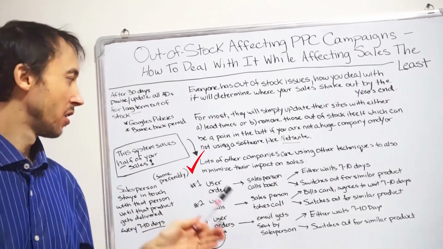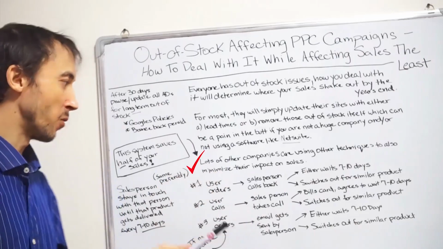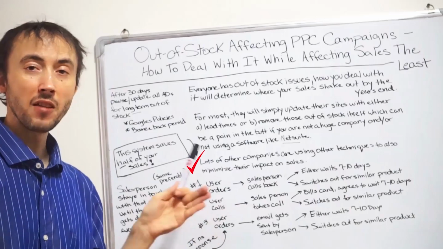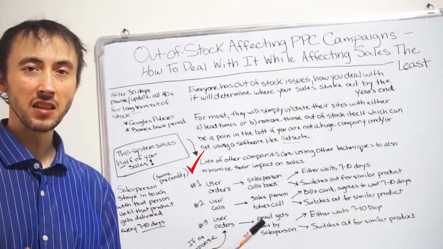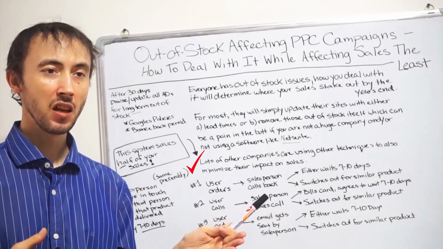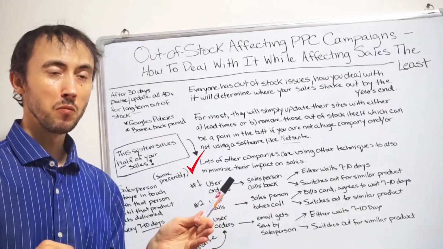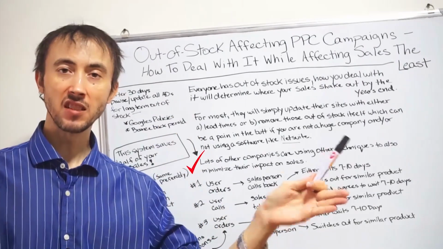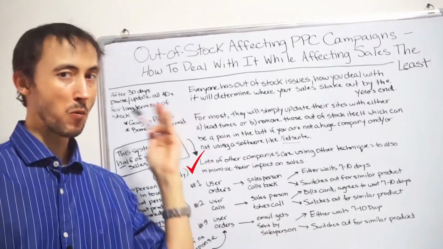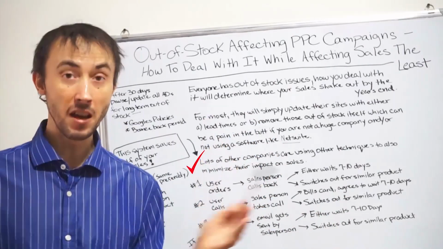So anyway, what is it? It's kind of a three-part system to this process, if you will. First, going one step backwards: if something's out of stock for one day, you don't immediately go in there and say out of stock. Why? Because your PPC campaigns are used to selling that item, and it's a top selling item. You sell 3 items a day from your PPC traffic that goes to that page, and if you put it out of stock immediately, those 3 sales are gone, right?